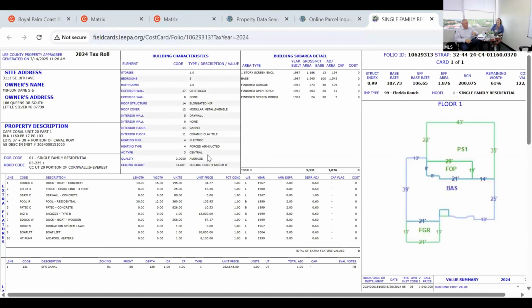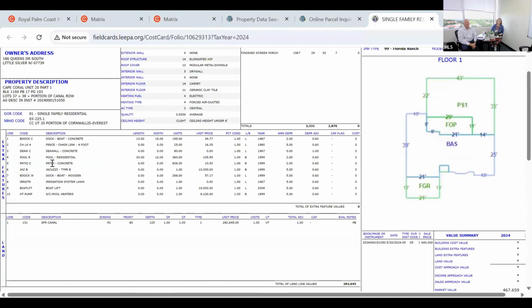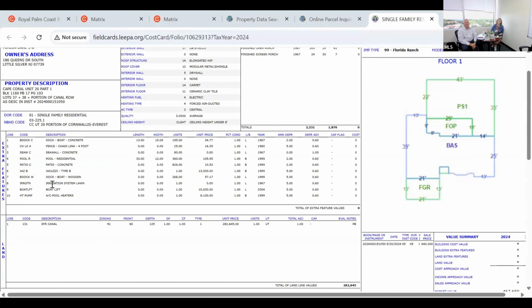It may be important to your CMA and it may not, but everything that you need is going to be here. It shows the patio, the pool, the jacuzzi, the dock, irrigation system, all of those really small details. So if you have a property that's really broad and you're pulling up 50 or so different comparables, getting into this granular detail is going to help you narrow it down to the exact property that's going to match